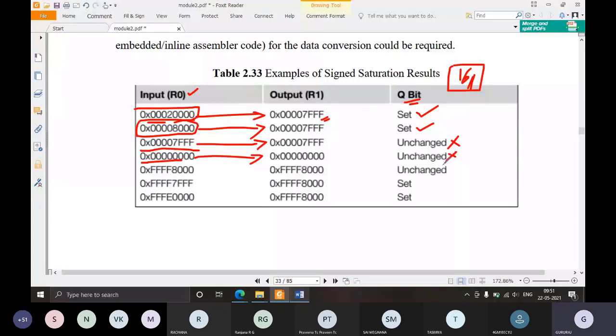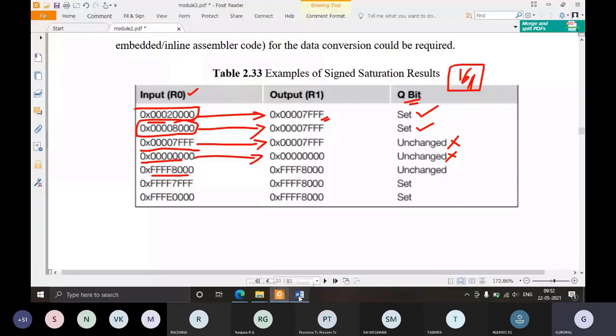Right? So next value, this is important. See, the next value is FFFF followed by 8000. That means this is a negative value because initially there are F's. And we are talking about signed values. Whenever we are talking about signed values and initially you get an F, that means it's a negative value. Fine, it's a negative value. So then what will happen? Now we shall see whether this negative value is within the range that we have calculated.